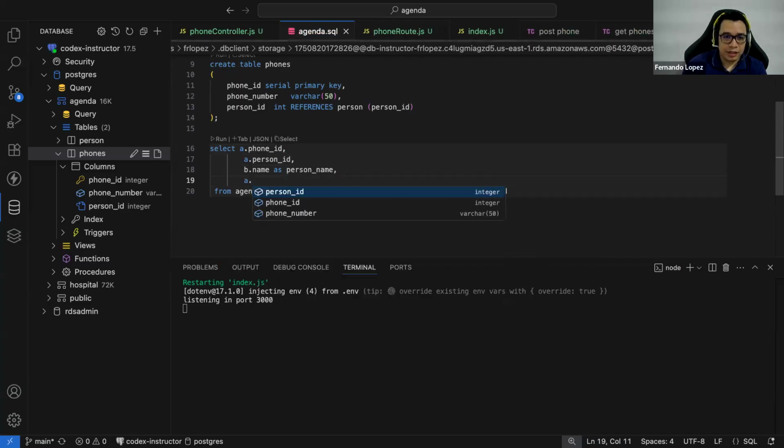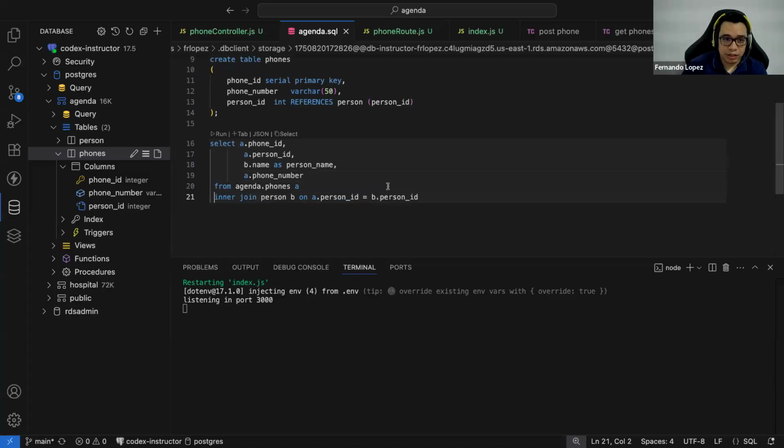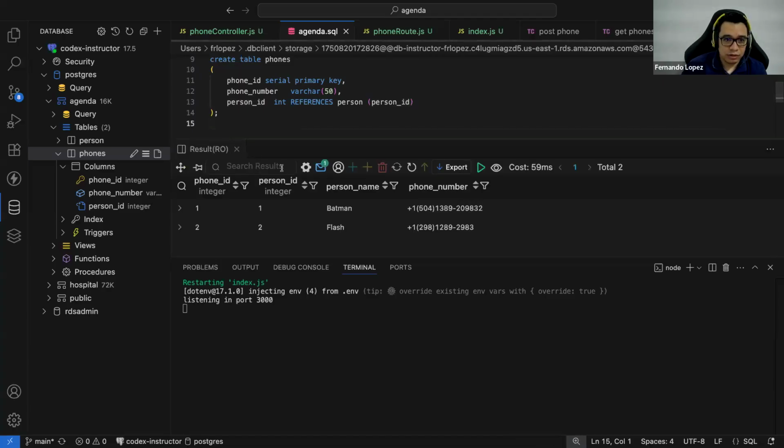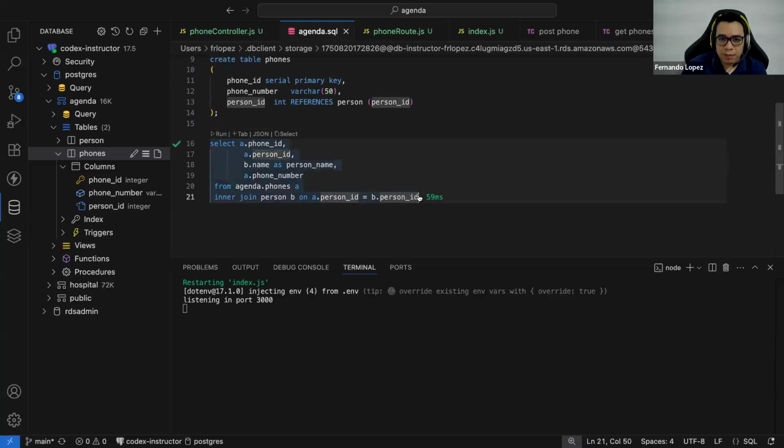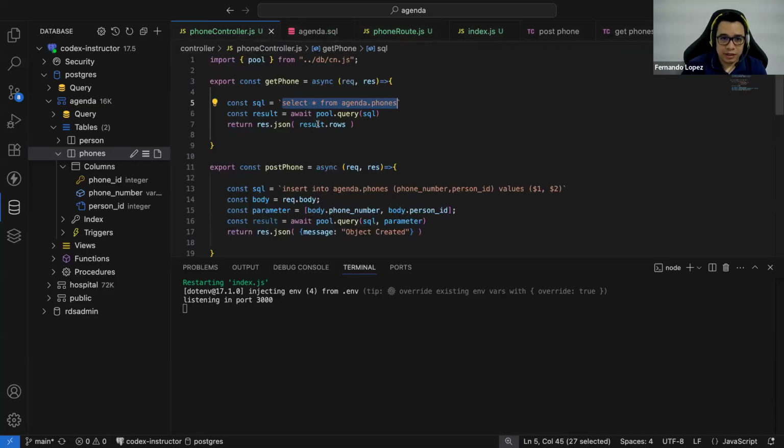And from A, the last part is the phone number. That's why the joins are important, guys. Joins are very important in the get methods. As you see, this will be the new query. This will be the new report. So we can copy paste this query, guys, and put it inside of the method.